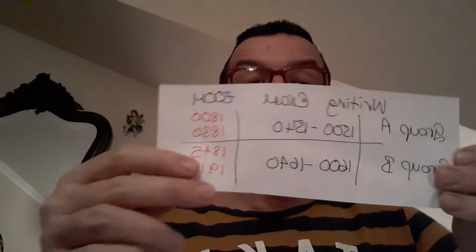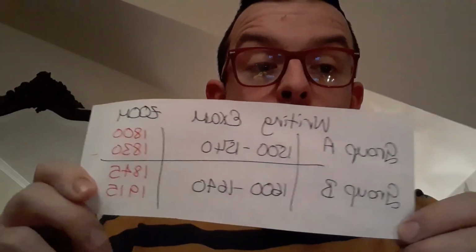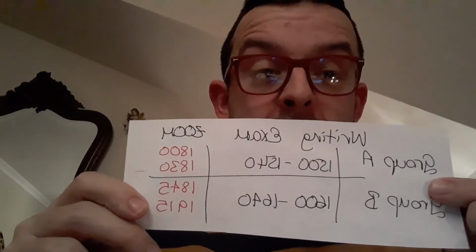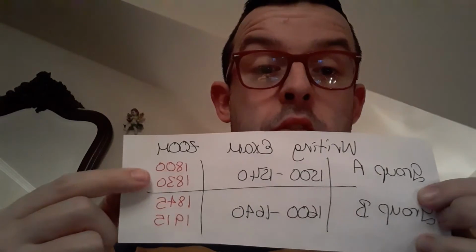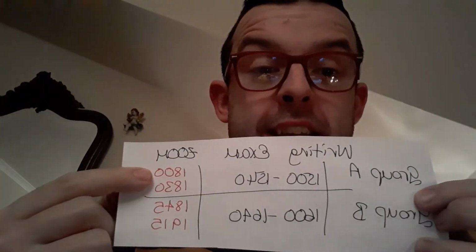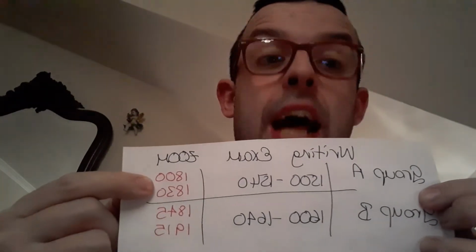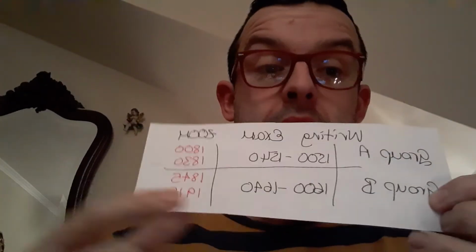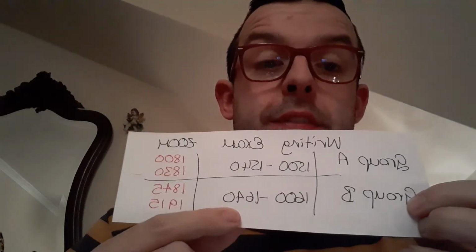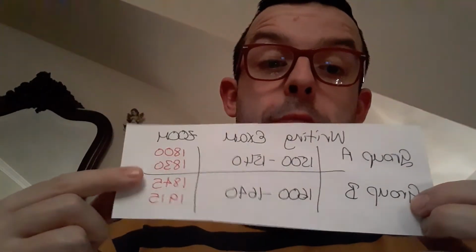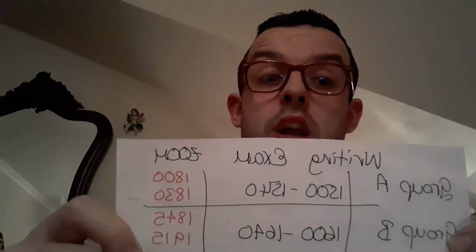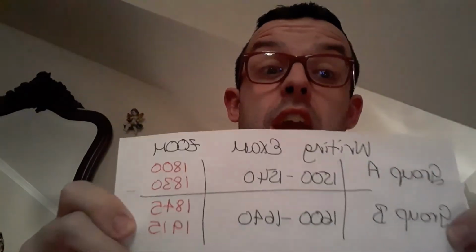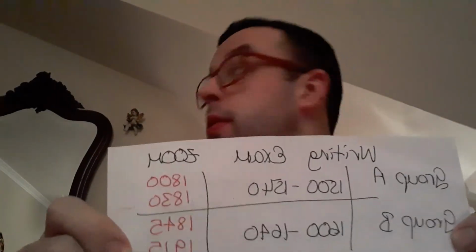And then finally, your writing exam. Group A, who have me at 3 o'clock to 3:40, your writing exam will be on Zoom next Friday at 6 o'clock to 6:30. Then Group B, who I have at 4 o'clock to 20 to 5 on a Friday, your exam will be at 6:45 to 7:15 next Friday. So it's very, very important that you come on to Zoom.